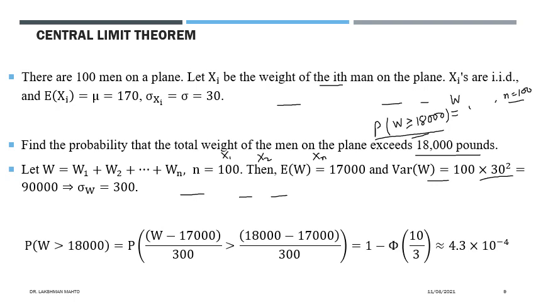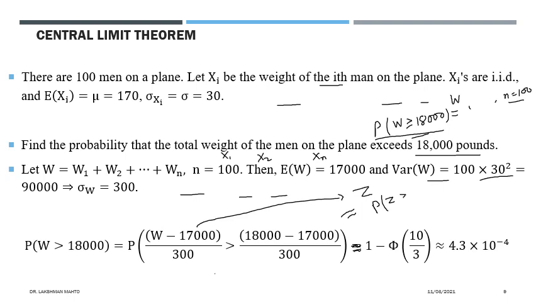Simply we have to perform standardization, using the mean of W and dividing by the corresponding standard deviation. This will approach Z when n approaches infinity. Since n approaching infinity means we are talking about approximation, this probability can be approximated by the probability that Z is